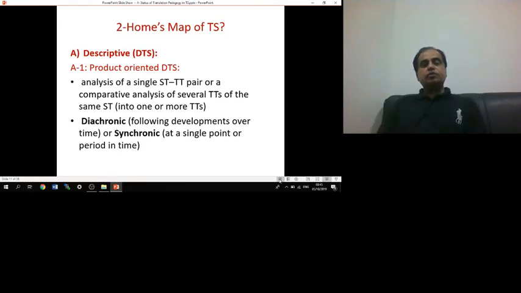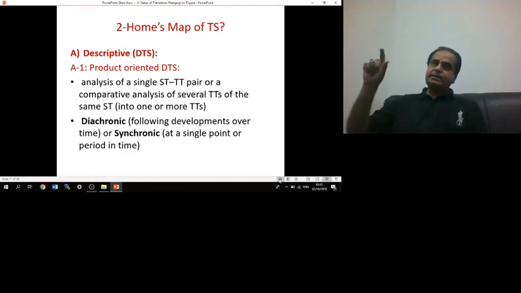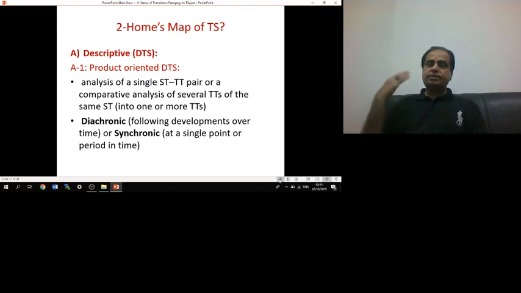Description has two dimensions: it is diachronic, that is, following developments over time, or synchronic, at a single point or period in time. Diachronic concerns one text. Take the example of Quran translation. The Quran has been translated into many languages throughout the centuries, and the process is still going on. So, if I want to study the diachronic descriptive translation studies of the Quran translation into Urdu, I can